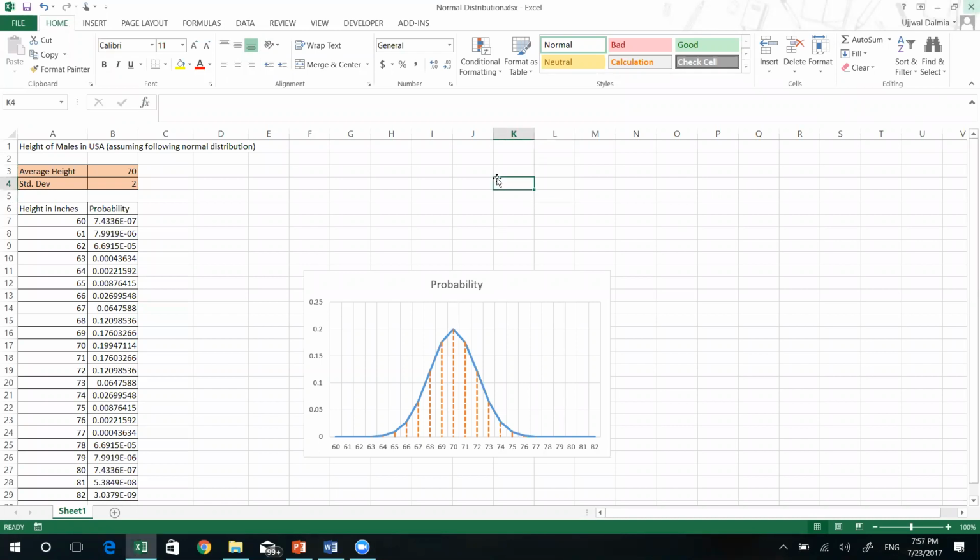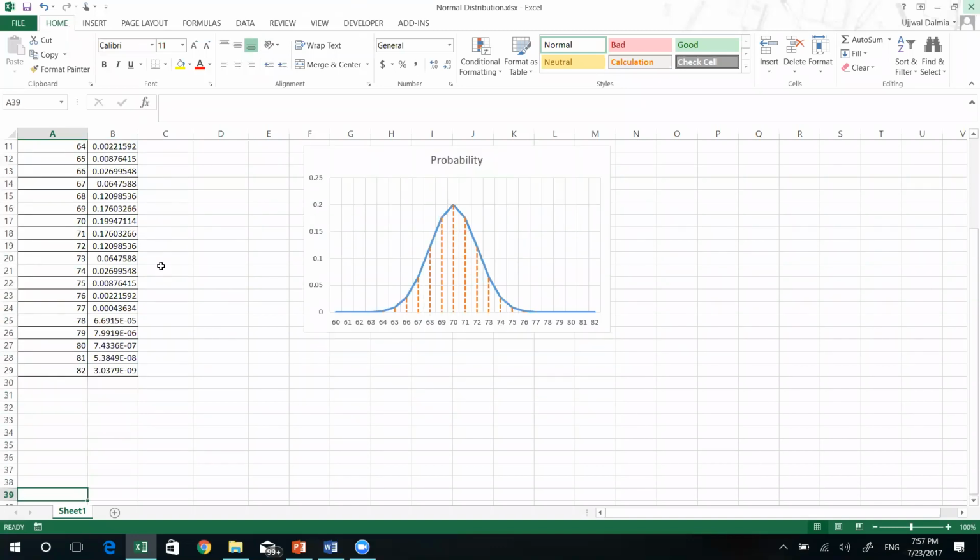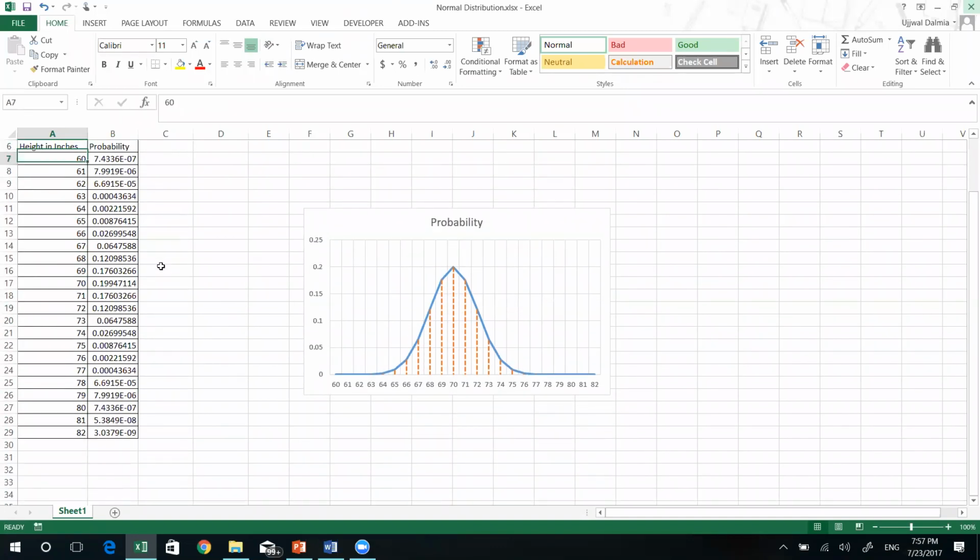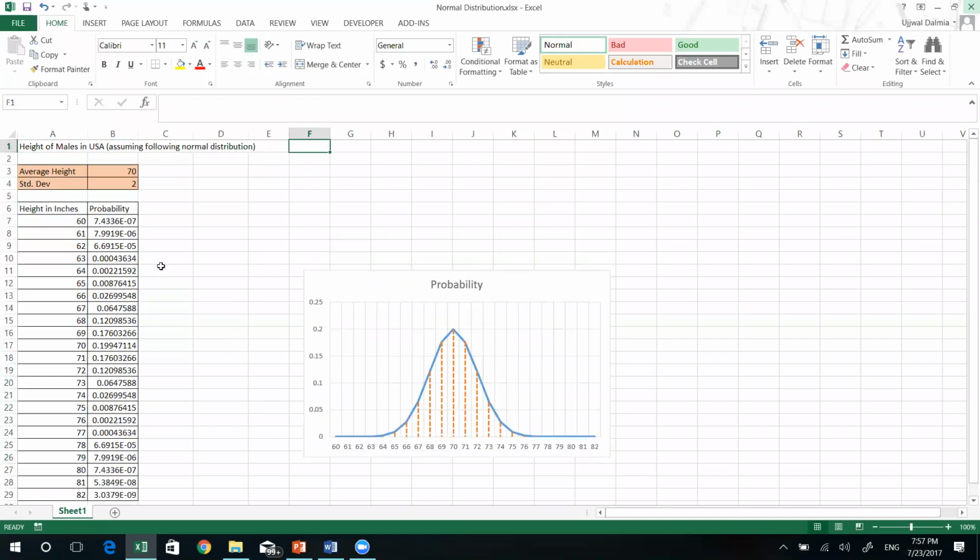All right. So guys, what I've done is I have got the height of male population in US. Okay. So I've got a sample which tells me the height of male population in US. All right. So if you look at it, these are the various heights of male population in US in inches, starting from 60 going till 82. Okay. So if this is the sample data which I've collected,